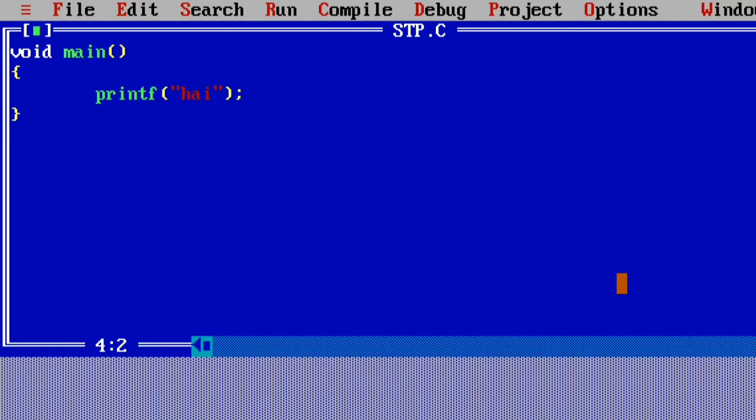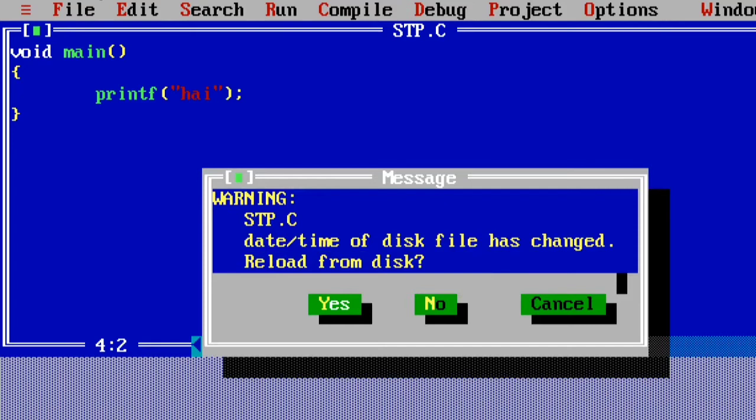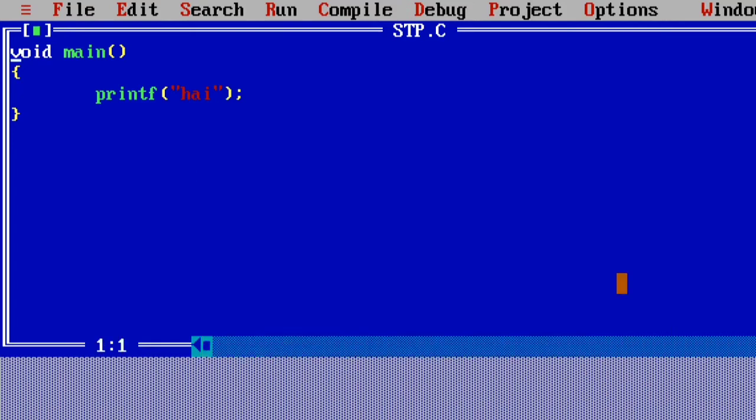Now you have to run the C program. That means you have to execute this C program by the C compiler, with the help of the Control F9 button. If you click Control F9, the C software executes the C program at very high speed.